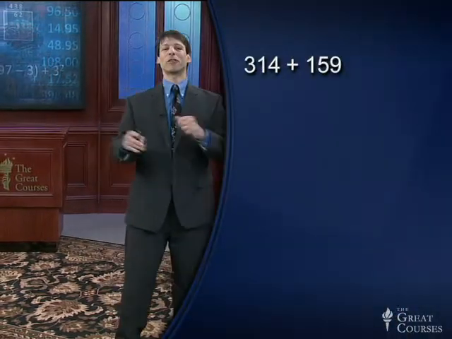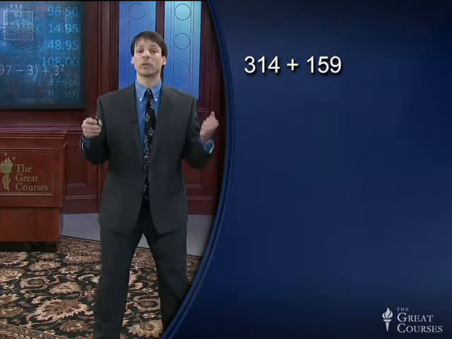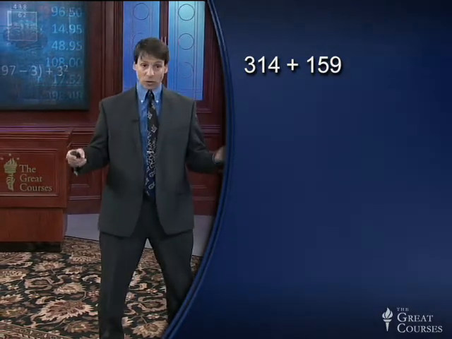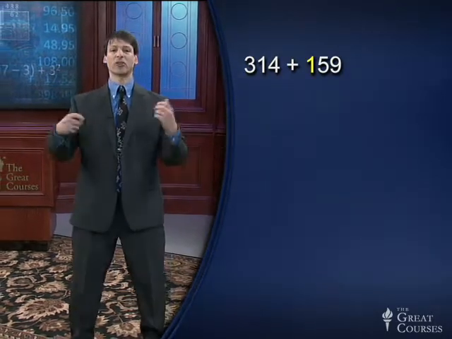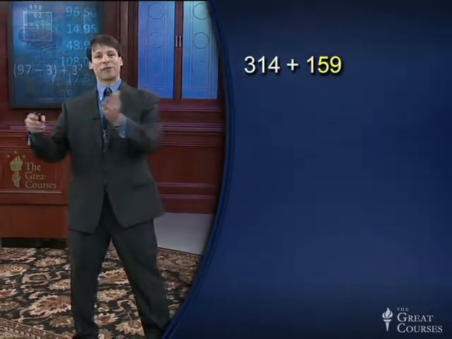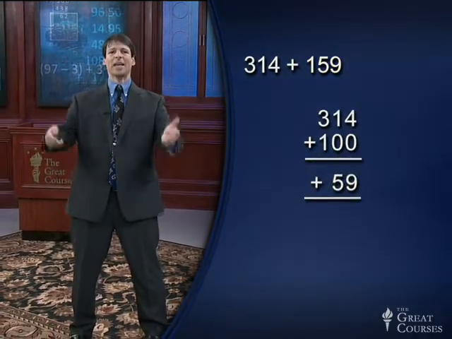Now, in order to add any two 3-digit numbers together, it's a simple 3-step process. First, add the hundreds digits, then add the rest, the tens and the ones digit. Let's try the addition problem 314 plus 159. Say it out loud. 314 plus 159. Our strategy is to add 100, then 59. So 314 plus 100 is